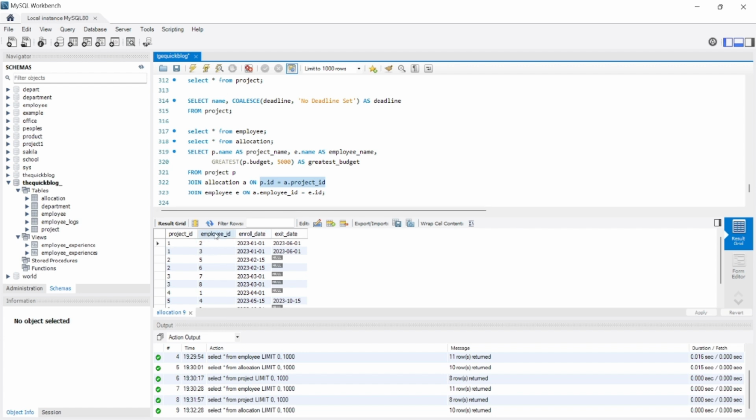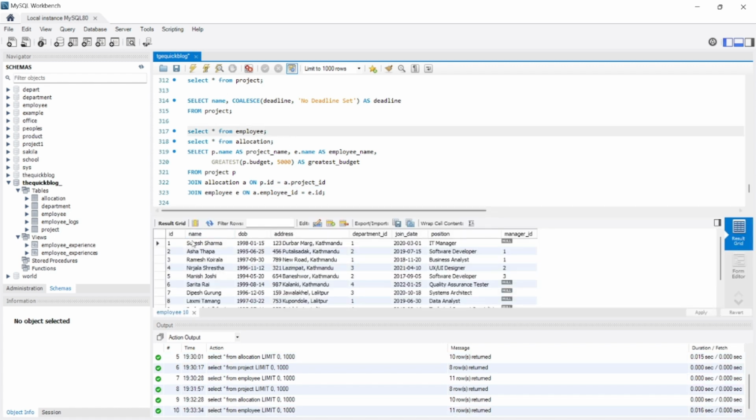Now we are going to connect this employee ID with the table employee. So for that, we are going to join employee E on a dot employee ID. That means the employee ID from the allocation table, and then after the ID from the employee table. That is this ID. So from these two queries, we have set a relationship between the table project and employee, so that